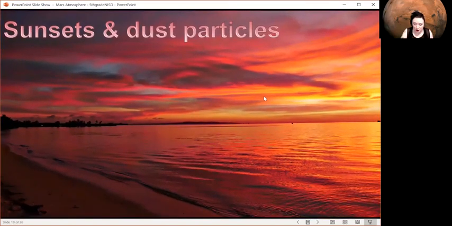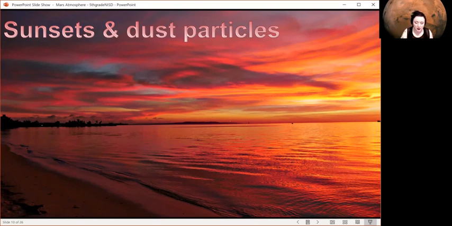Now, sunsets look red anyway, but if you have dust particles like the sand that we had in the sandstorms, or you have a volcano that throws up lots of stuff, or even pollution, pollution that comes from factories and things is also mostly dust. That throws up these particles, and that makes all of the light in the atmosphere bounce around differently. And so we can get, with just a small amount of dust,